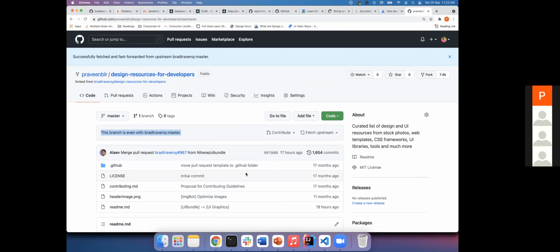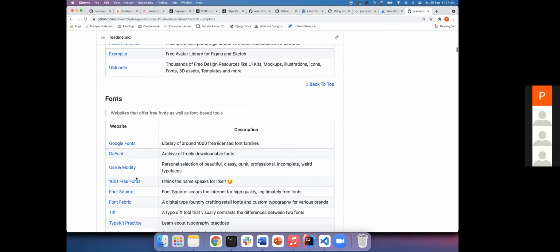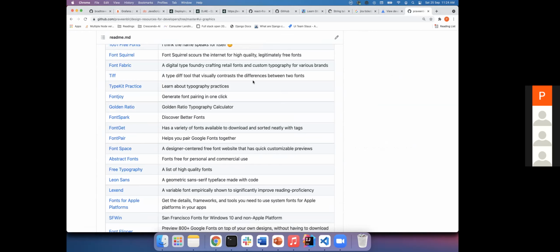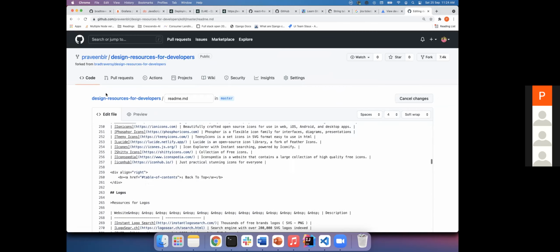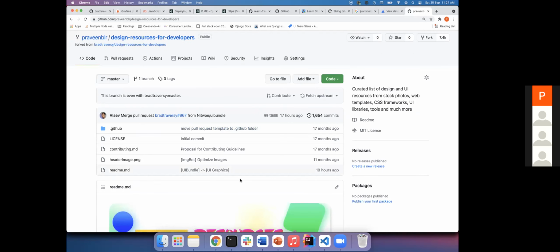So why do we fork this actually? Because we wanted to contribute. We wanted to say, hey, this is wrong, just change this; hey, this is right. Let me add one more UI graphic in this because this is a README file. I'll explain what that is. It uses Markdown. If you open the README, it is developed on Markdown, which is used to create pages and all that. So now we understood what a remote repository is and what forking is.